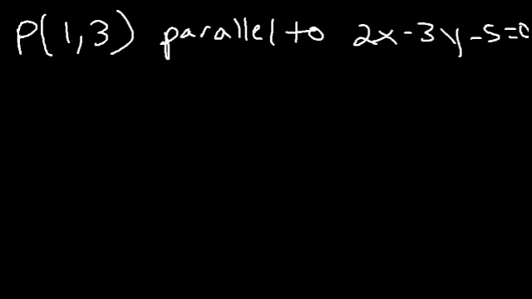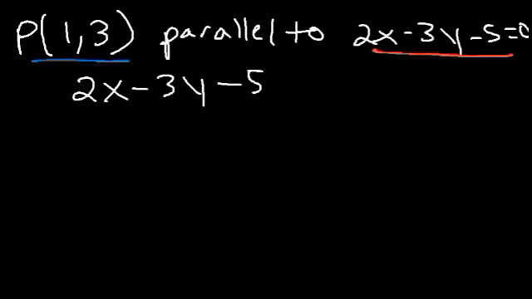Keep in mind, to write the equation of any line, you need the point, which we already have, and the slope. So we could find a slope using this equation. Since it's parallel, the slopes will be the same. So let's put that equation in slope-intercept form, and the number in front of x in that form will be the slope. So let's solve for y. So starting with this equation, let's